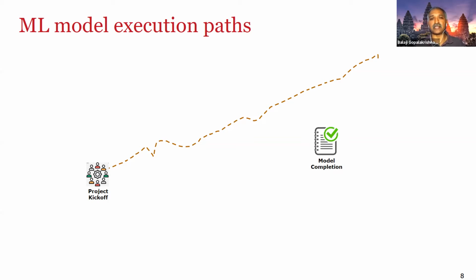So how do we actually bring some level of conformity in terms of how different teams go about building models, while at the same time giving them the flexibility to try different things? Because that is sort of the core of machine learning models. You need to have the flexibility to try different things, but at the same time you need to have some conformity, because in the real world, when we are building not one model,